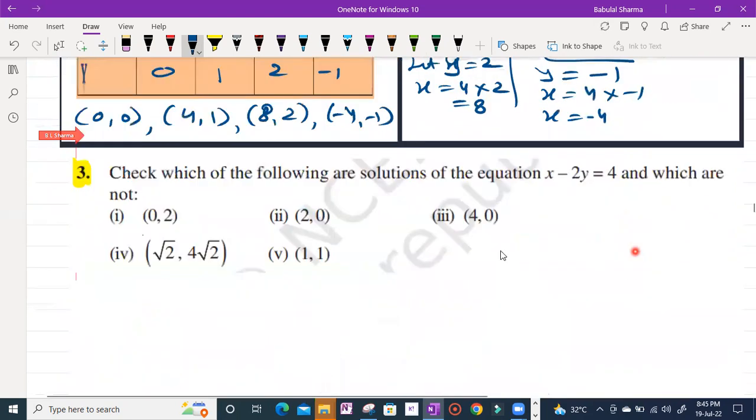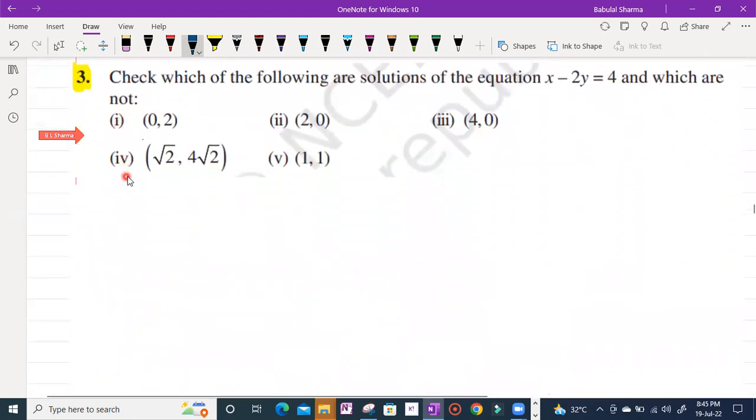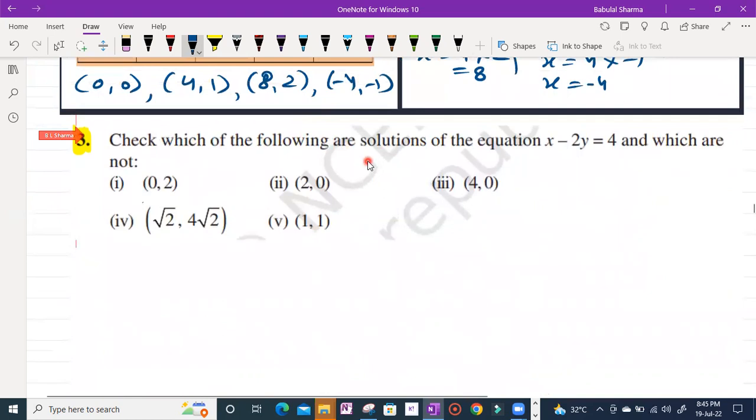और अब देखिए क्वेश्चन नंबर 3. Check whether the following are solutions of the equation x minus 2y is equal to 4 and which are not. ये जो लीनियर इक्वेशन है 2 वेरिएबल में, इसमें कौन इसका सॉल्यूशन है और कौन सा इसका सॉल्यूशन नहीं है. देखिए, फर्स्ट वी राइट, फर्स्ट ले